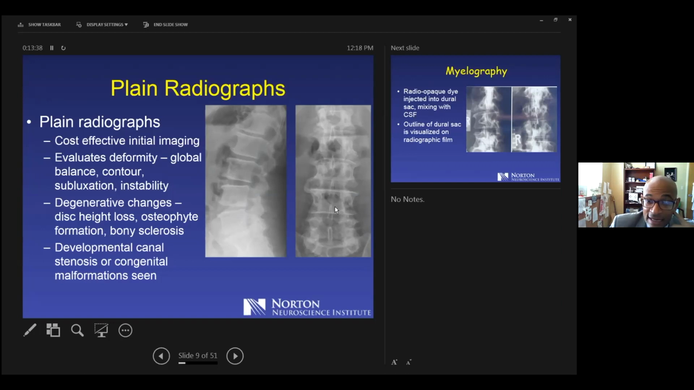Here's our AP view, so that's looking front to back. And on this one, again, a little harder to tell unless you're used to this. We've got some facet arthropathy, so a little bit of thickened bone off to the sides, but the alignment is otherwise well preserved. This gives you an image of